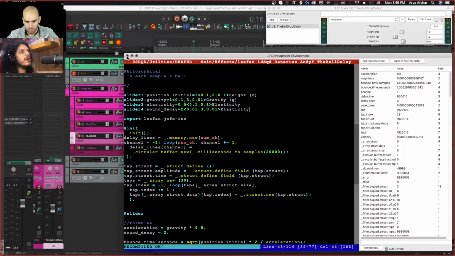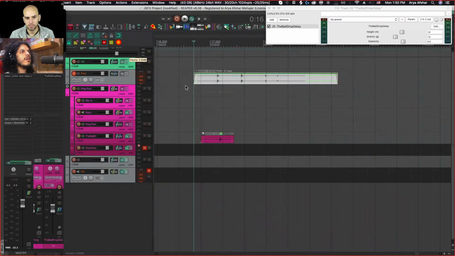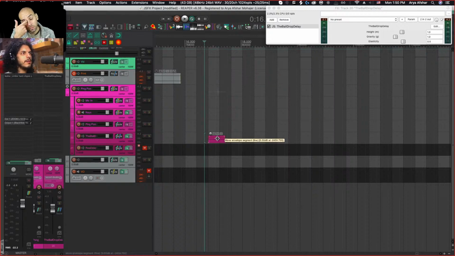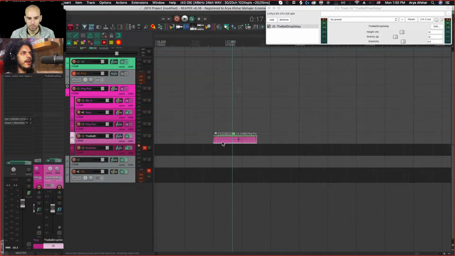So in order to do that, you definitely want to remove the line that reads sound decay equals 2 below. Otherwise, the slider will keep resetting. I'm going to comment it out. And let's save. So the way I'm going to do this, I'm just going to make a bunch of copies of this. And then what we can do is,